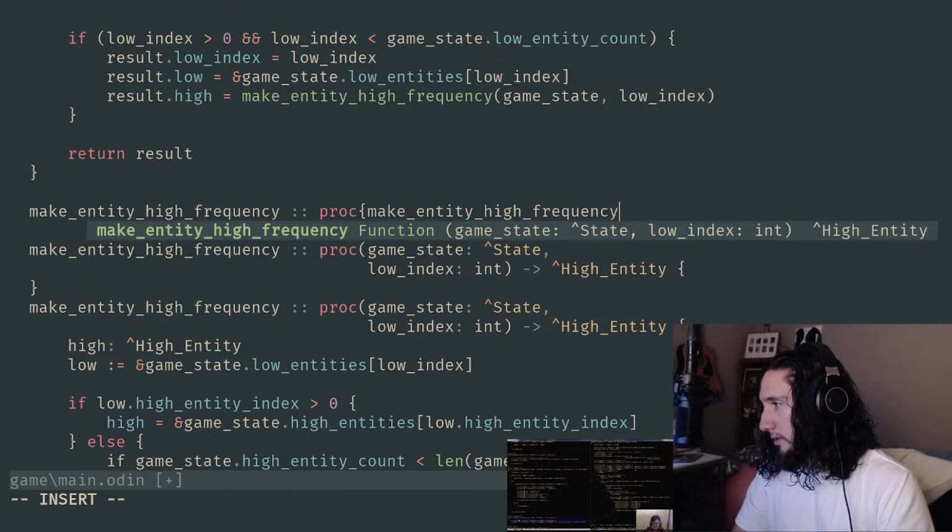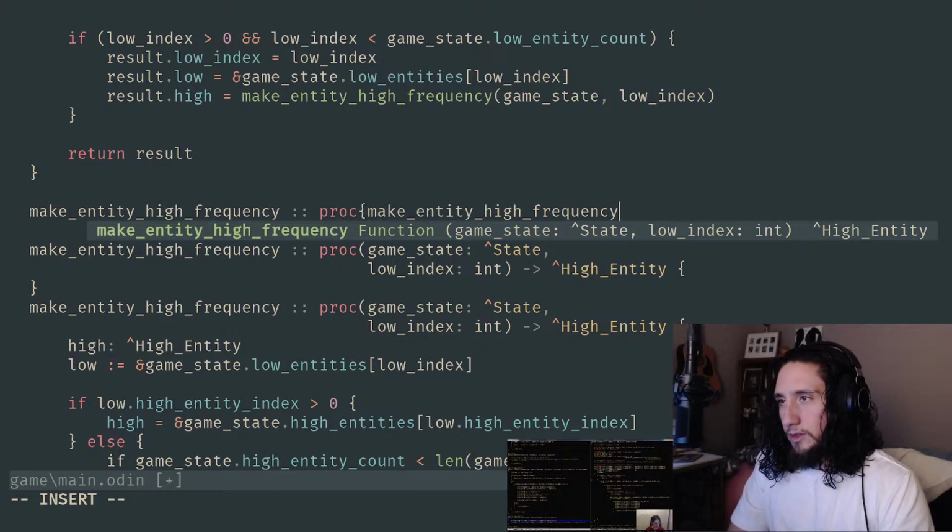Let's see. In one, he's just passing in the low index. And in the other, he's passing in the whole low entity and the camera bounds. That's why he has this get camera space P function now, because he gets the camera and then passes that down into that, as he put it, lower level call.